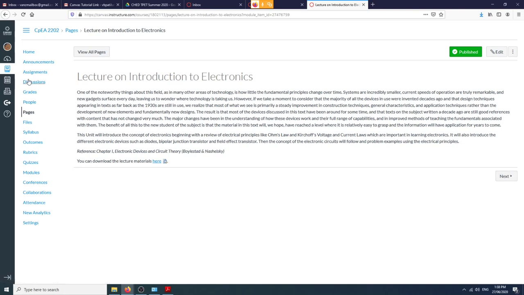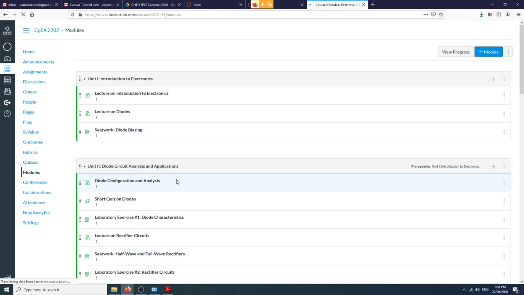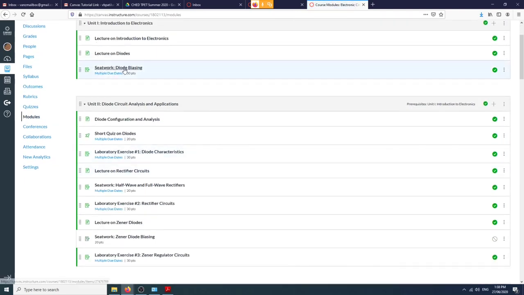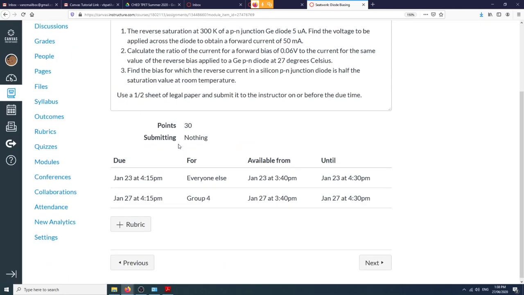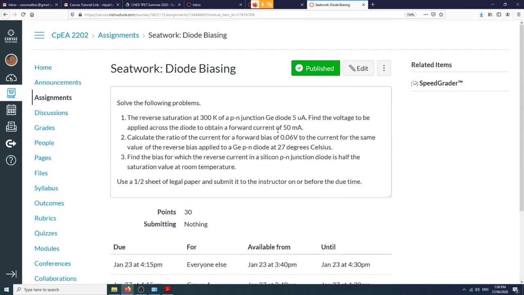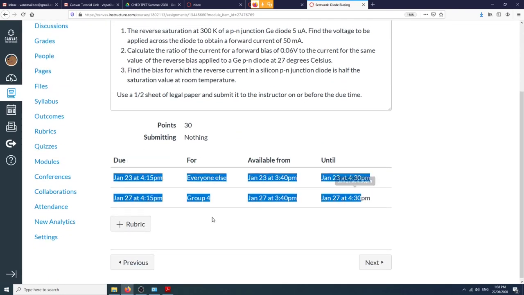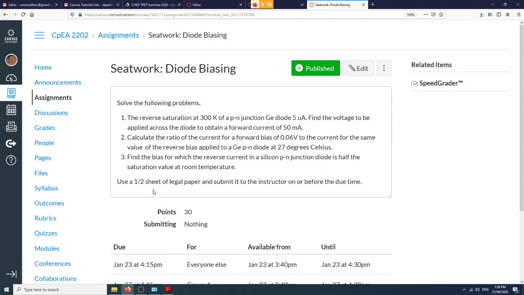So what happens if you have, let's say, an assessment? If you have quizzes or assignments, so let's say seat work. This is the seat work, right? So I have 3 items for seat work. I'm just going to increase that so you can read. So this is seat work, and since this already has submissions, I have students who already submitted. What I can do for their seat work is that because this is summer, since we don't have face-to-face contact with students, I can just click SpeedGrader, and I could grade their seat work